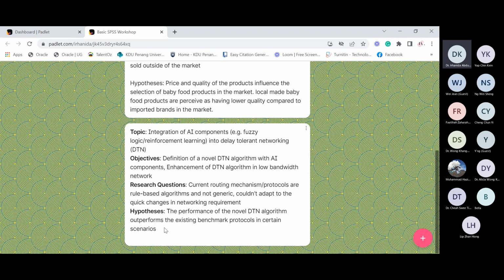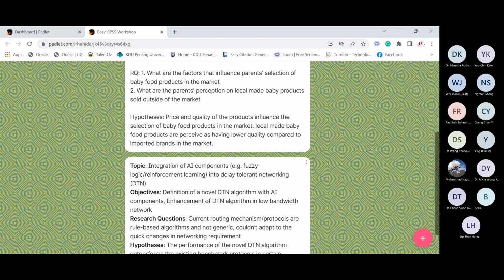Because, for example, your hypothesis here is not really clear. But you have the idea, so still okay. Oh, this is from Dr. Wong. Okay, thank you, Dr. Wong.